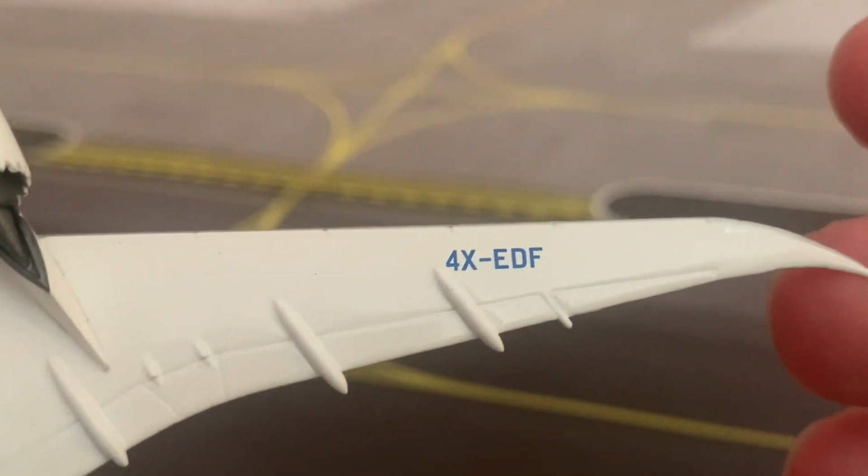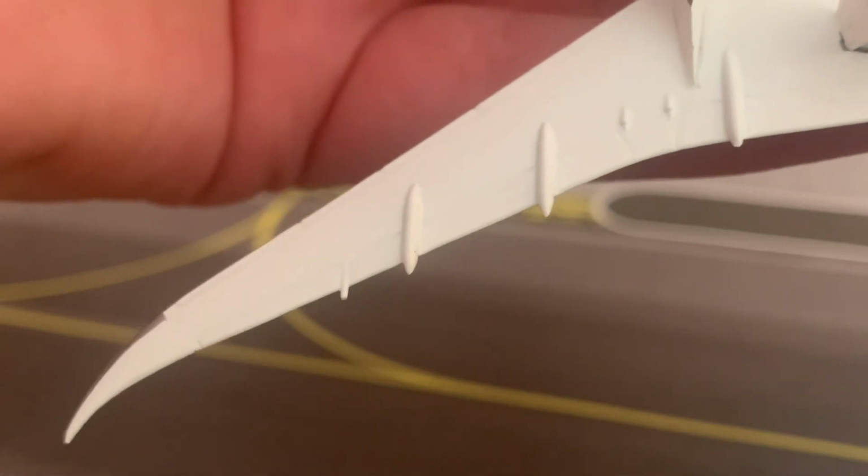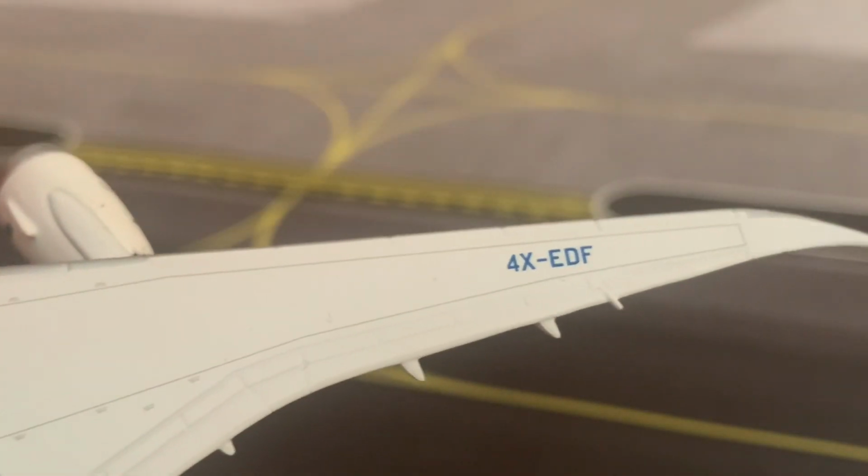Here's some detail on the underside of the registration, which is in blue, and of course the underside of this wing. And then we have the registration again on the top side of the wing here, and moving down the aircraft on the bottom side, we have the antenna located just there, and then we have the APU door, which is located in the center of the shot. So other than that,